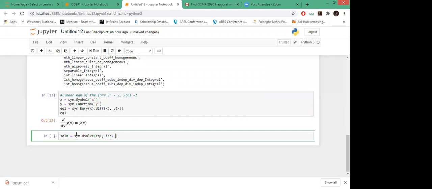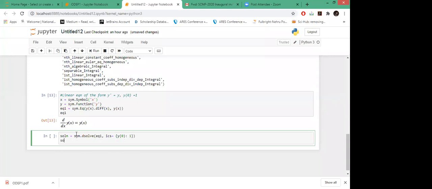When you are passing this initial condition, you have to pass it in the form of a dictionary. Like how we define a dictionary, I am taking this as a key, y of 0, colon. This y(0) will take value 1. Okay, so let's see.